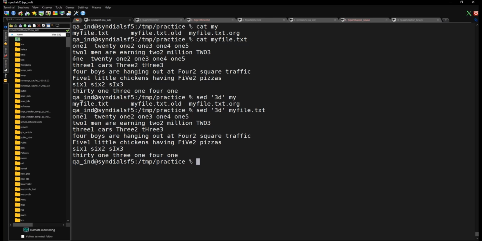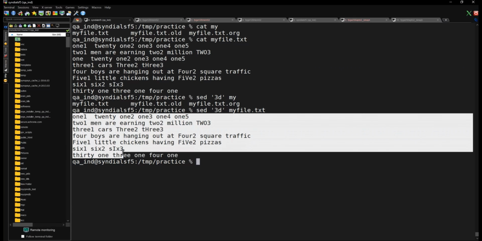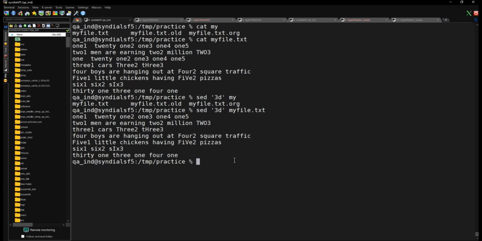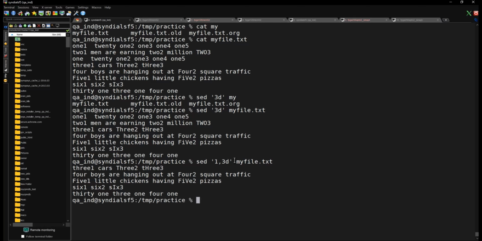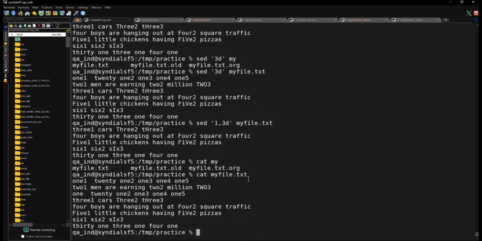See, the third line, what is the third line? 120, that is not there. That is not there. That is gone. Okay, and similarly, you can also say selective range, like starting from the top 3 lines, they are gone. Top 3 lines also you can select, and starting from second line